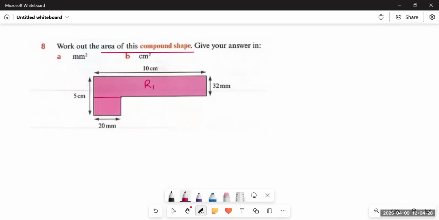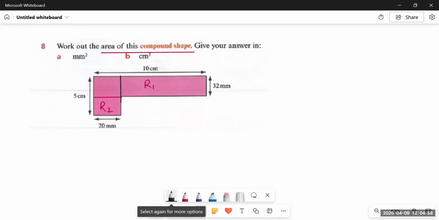This one would be rectangle 1 and this one would be rectangle 2. So now, if I find the area of rectangle 1 and rectangle 2 separately, and then at the end add them up, I will come up with the total area of this given figure. There are two ways that I can cut this shape into two figures. That is, I can draw this horizontal line, or I can draw a line over here as well.